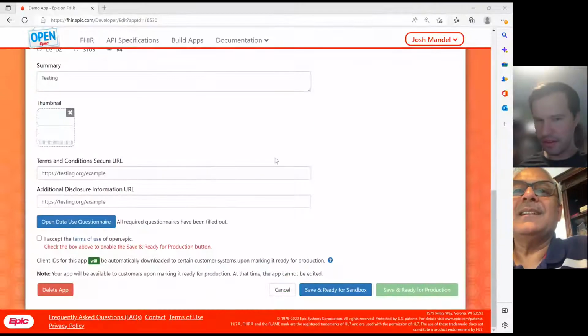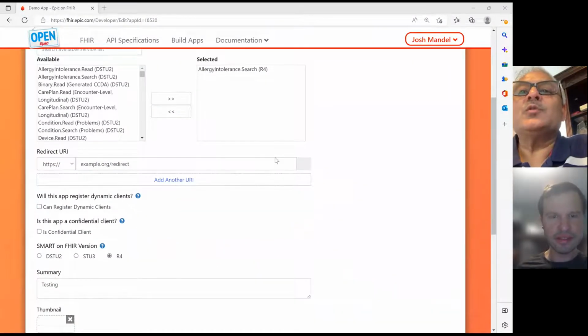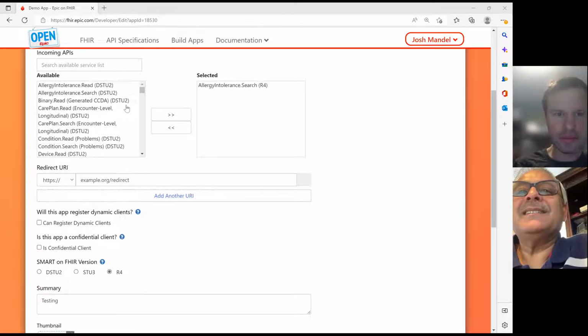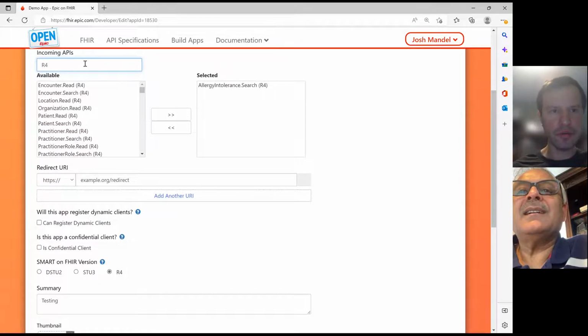Go back to that screen for a moment, Josh. Yeah, for sure. Let me just open up the screen share again. So yeah, on this screen here. Yeah, and scroll up a little bit, and choose all of these. Choose all the available APIs. Yeah. So let me see if I can do it this way. Let me do R4 just to focus on the current regulated APIs,